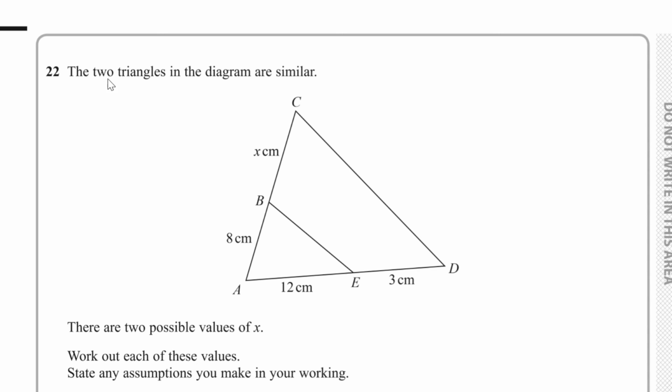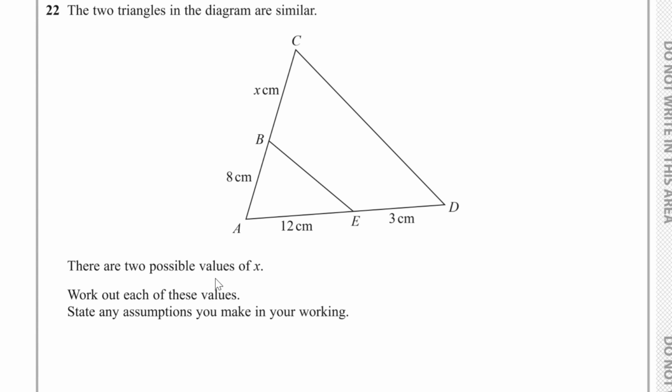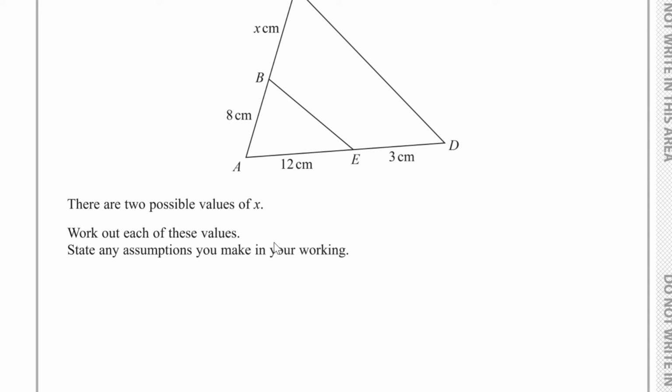Question 22. The two triangles are similar in this diagram, and there are 2 possible values of x, and we have to work out each of these values. State any assumptions you make in your working. This question is quite difficult, but let's take the first obvious situation that we see with the 2 triangles. First of all,